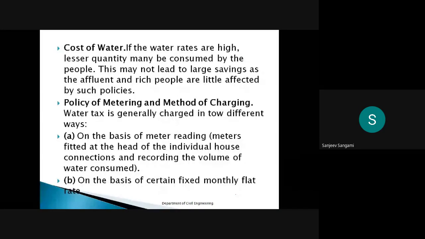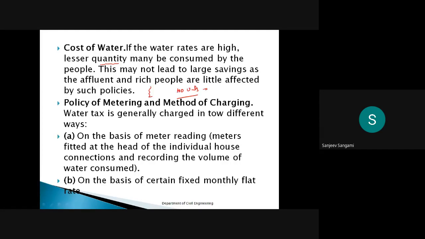Then the cost of water. Normally, if the cost of water is high, then the quantity used is lesser. You may think of it just like electricity current. If you are exceeding the slab of 30 units, the charges will be more. If you are exceeding 100 units, the charges will be more. The same way in metering systems also, if you are crossing 100 units of water supply, the charges will be high, so the usage will be less. Like that, the cost of water also affects demand.